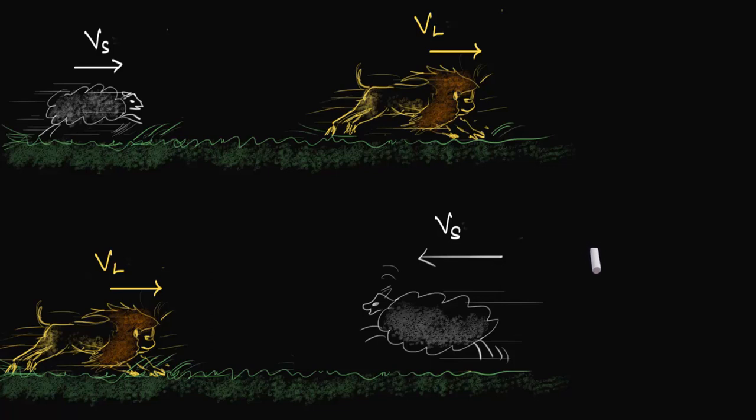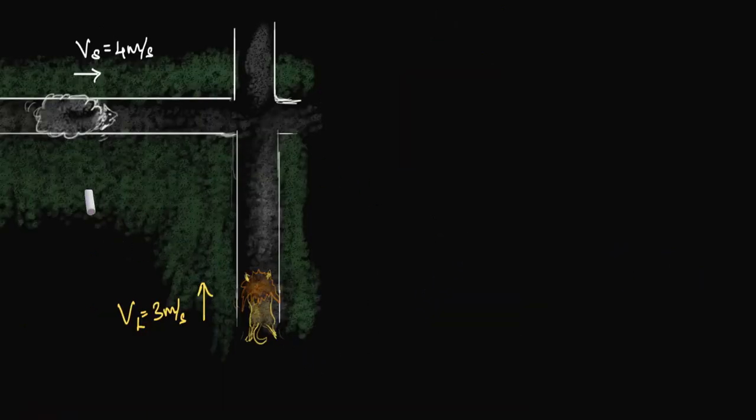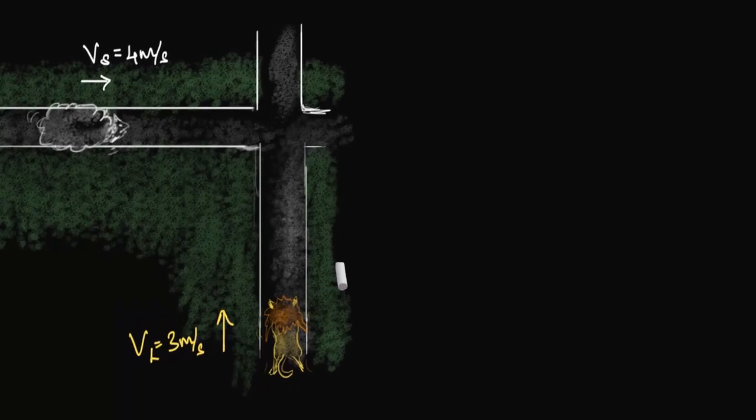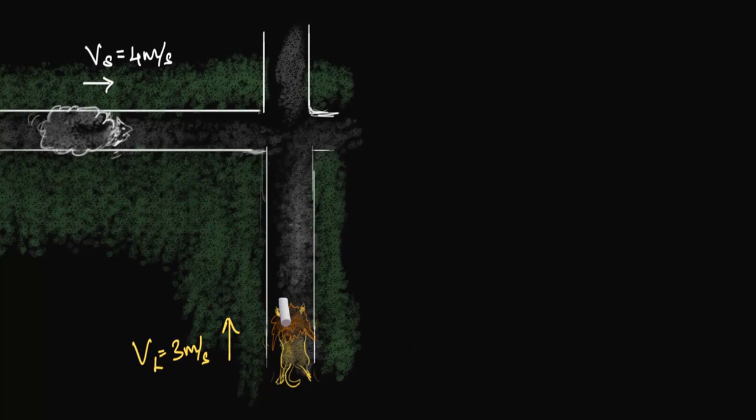Because in these videos, we're going to talk about relative velocities between things that are moving at some angle with respect to each other. So let's take an example. Imagine we have a situation where a sheep and a lion are moving perpendicular to each other on streets. Yeah, they're animals running on the street. What we would be interested in now is calculating the relative velocities in this example. For example, what is the velocity of the sheep as seen by the lion, from the lion's perspective? What would that be, and how do we even calculate that? Could we just directly subtract? Can we do that? Well, let's see.